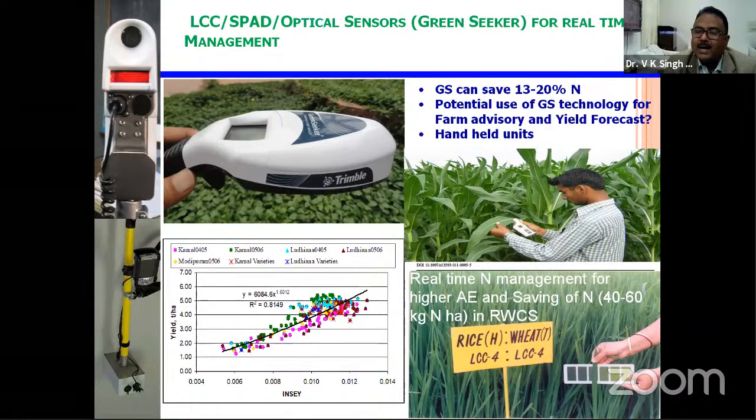If you grow a very high yielding variety, like 10 ton yield, 9 ton yield, you have to apply 40 kg nitrogen. Reading should be less than 4. Similarly, in case of wheat, in all the varieties, you go and see this leaf color chart, how the crop is doing. You just match the leaves, and once the reading is less than 4, then you apply 40 kg nitrogen.